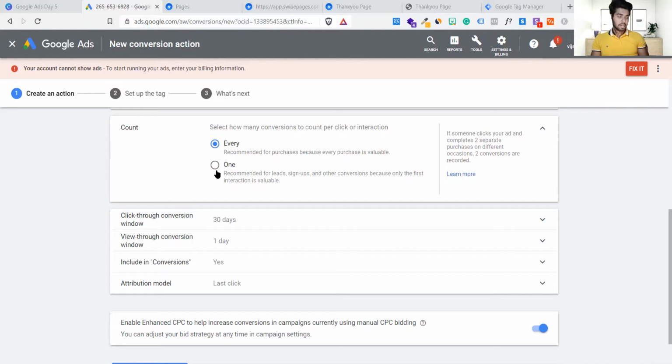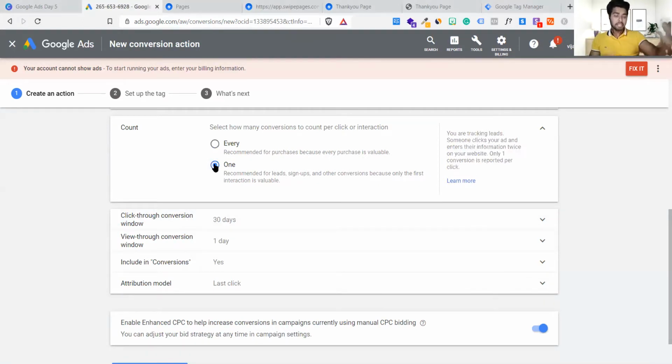So if you come to my landing page and fill up the form 5 times, or 500 times, it doesn't matter, I will count you as one, because you are interested in this particular product, and this is a lead. There is no money involved, so I will count you as one, that you are interested. That's it. But suppose I am selling something, like courses, or physical products like bags and shoes. You can buy n number of times, and every purchase is valuable compared to the others. So every purchase I have to track. That's why for purchase it is every.